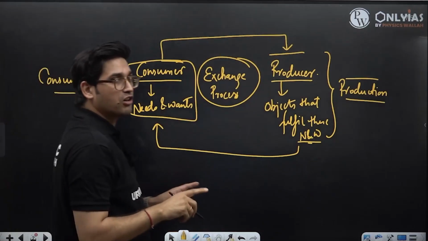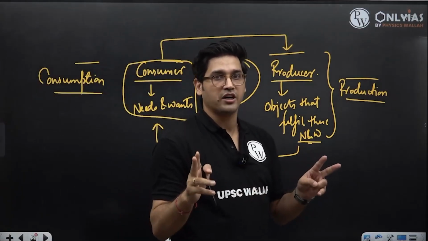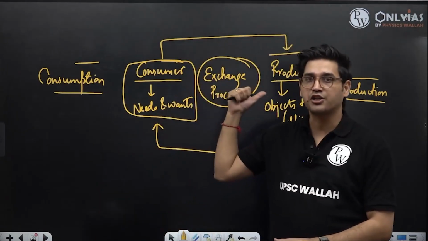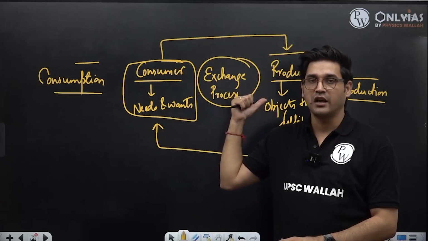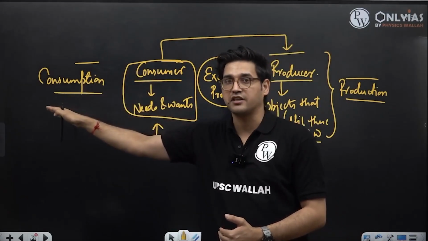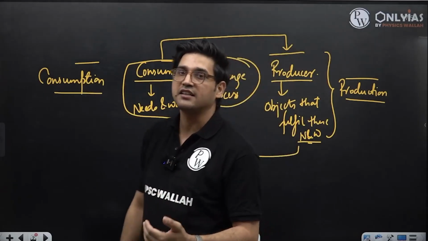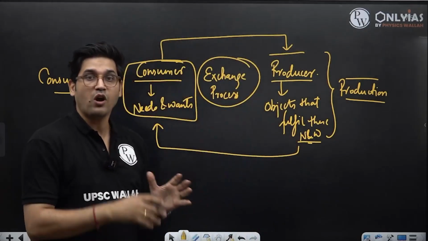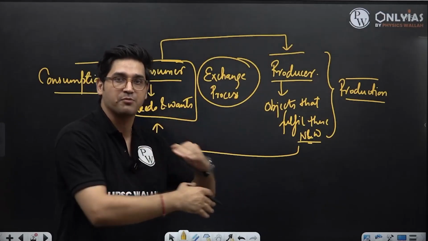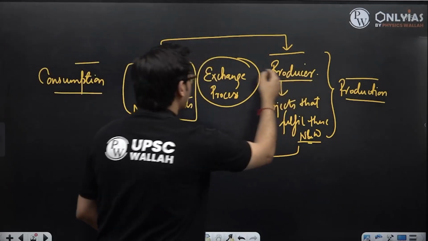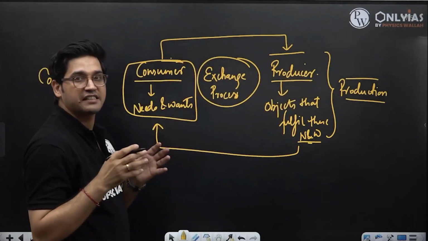In any economy, there are two important tasks which are happening at the same point in time. There is the production of goods and services which holds utility for the consumers, and then there is another function, which is that of consumption, that is the realization of utility by the consumers. But what facilitates an exchange between the producers and the consumers is exactly what we call money.